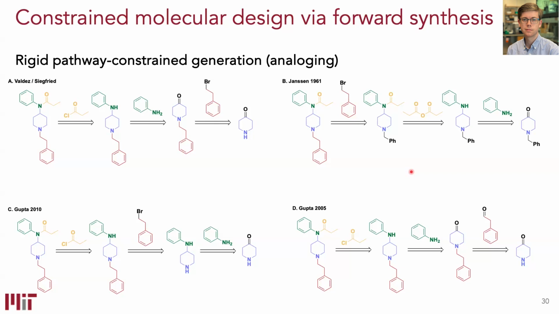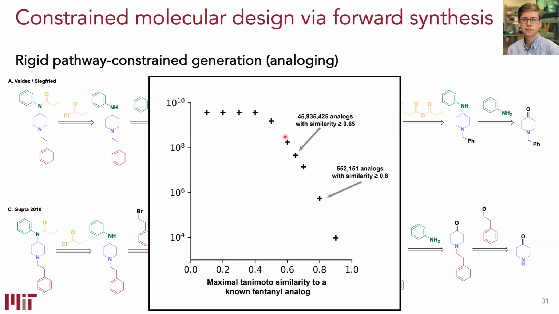And what you could do is say, well, even if I don't want to invent any new chemistry, what are the analogs? What are the things that I could try to access? And you can enumerate billions of hypothetical analogs, where the building blocks are commercially available and would require no reinvention of the chemistry. So this is a little bit concerning, right? It's easy chemistry. We're trying to generate novel structures. We're trying not to change the reactions that we're running.